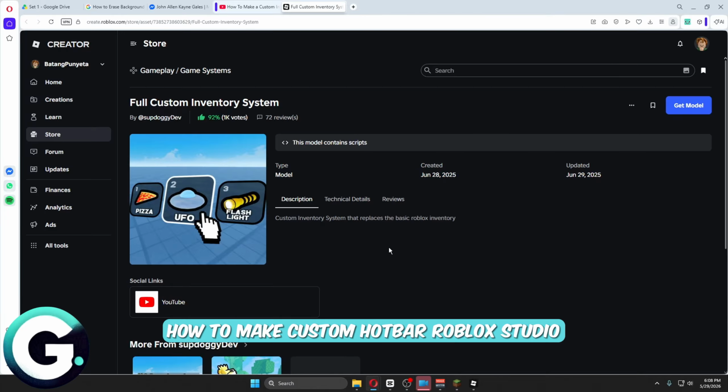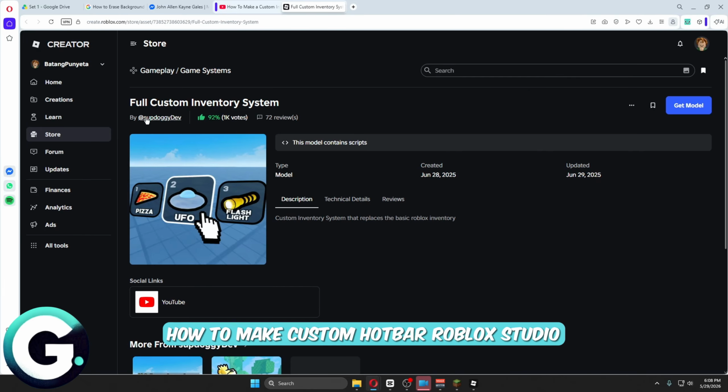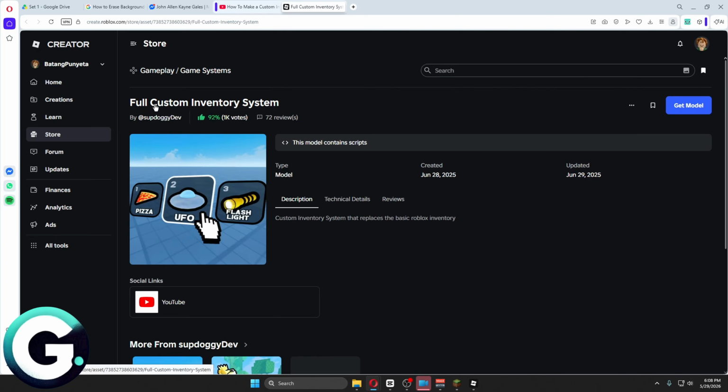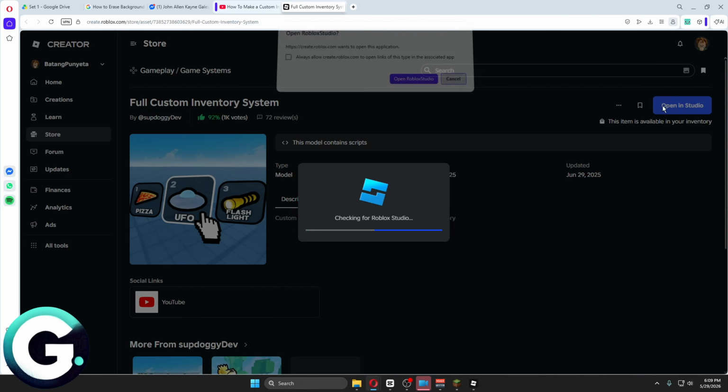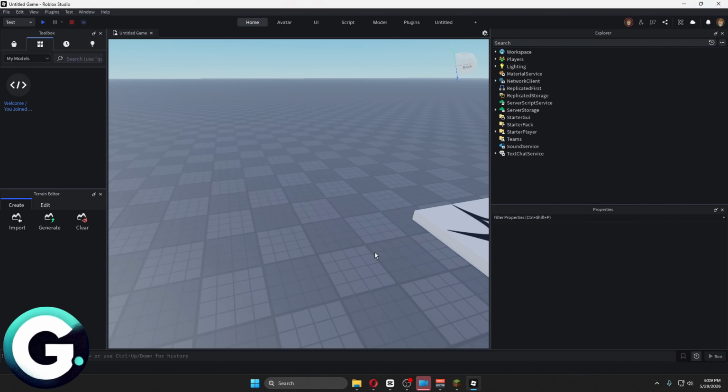In today's video, I'll show you how you can make a custom hotbar in Roblox Studio. So first things first, you want to get yourself an extension. Now in my case, I'm going to be using the full custom inventory system. So just click on Get Model and then click Open in Studio, which will then take us to the